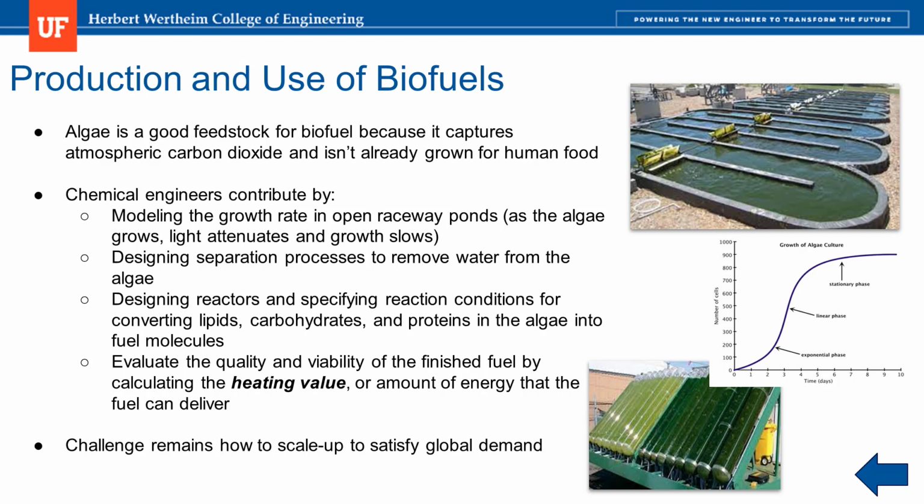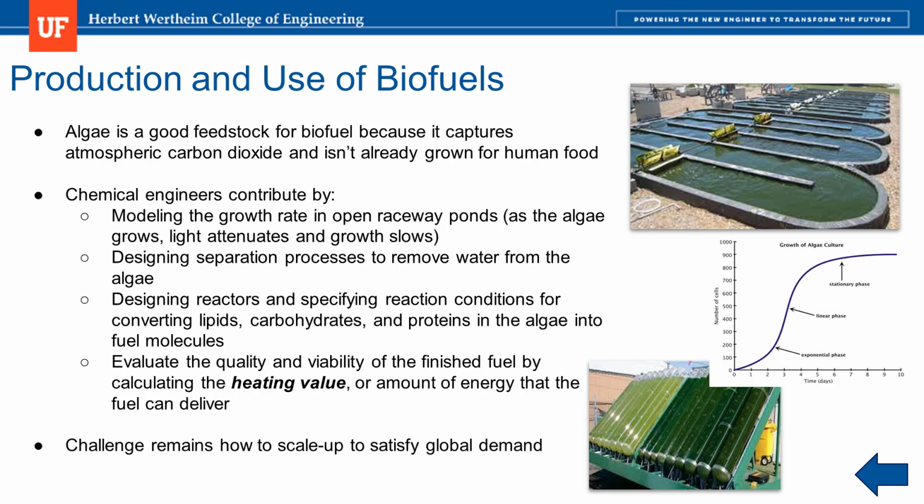A chemical engineer can contribute by being able to calculate the growth rate of algae in these open raceway ponds. This is more complicated than it seems, since the growth rate slows as more algae grows, due to the attenuation of light towards the bottom of the pond. A chemical engineer can design methods and implement processes to concentrate the algae by removing water, which is a separation process. Another process that must be considered are reactors to convert lipids, carbohydrates, and proteins in the algae into molecules